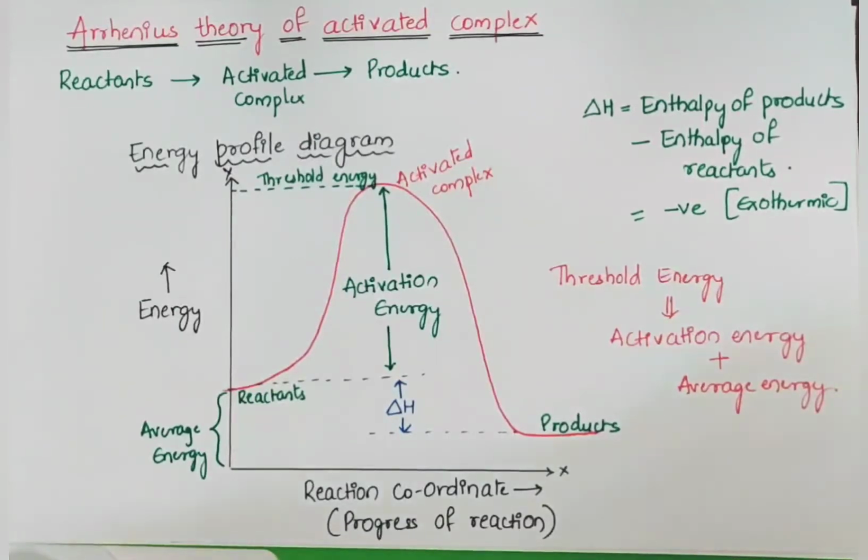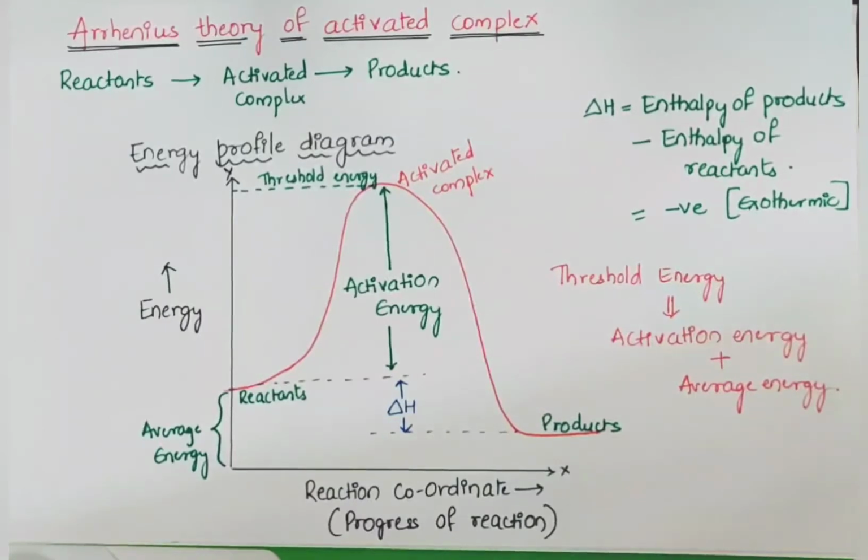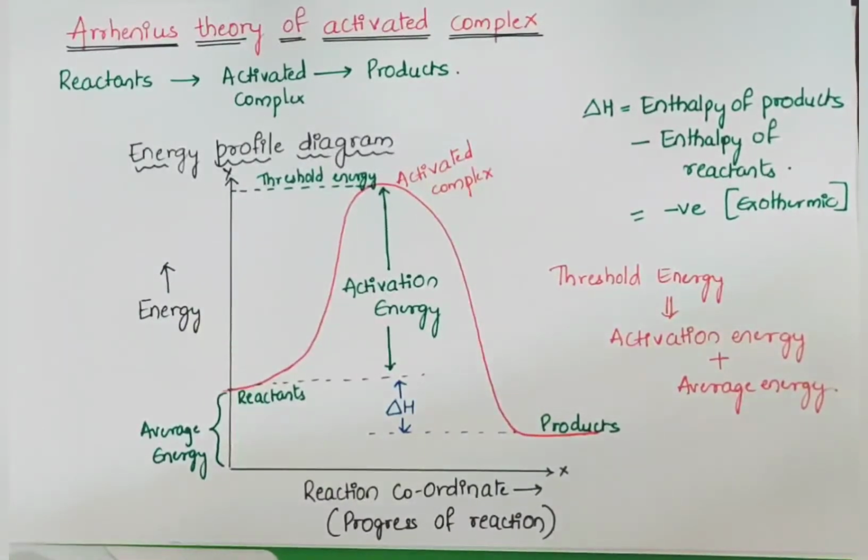We all know that during the formation of products there are collisions between the reactant molecules, that is, reactant molecules collide with each other to form the products. A chemical reaction involves bond breaking and bond formation which occur simultaneously. Now according to Arrhenius, not all the collisions between the reactant molecules result in the formation of product molecules. In the sense, reactants are not directly converted to products because there is an energy barrier, which is also referred to as the activated complex.